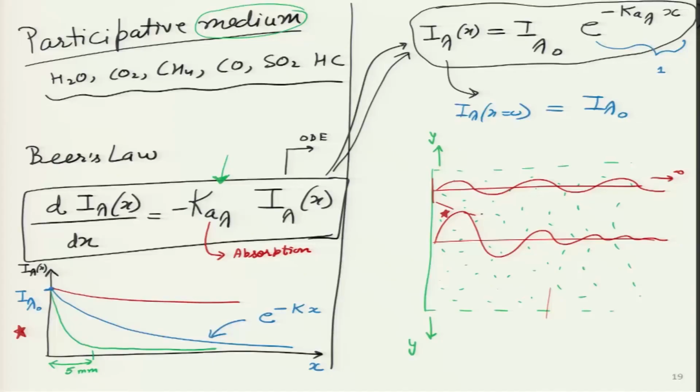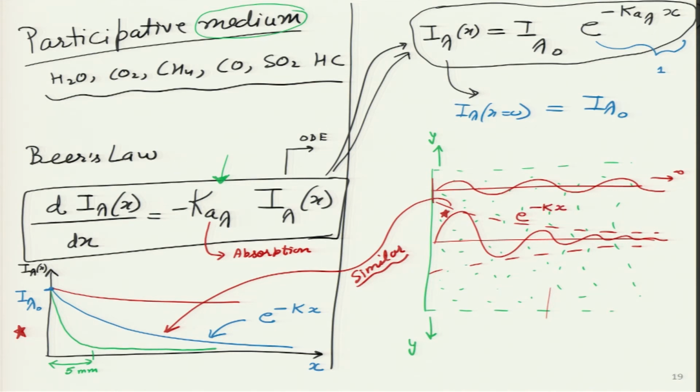So, what I am trying to say is, if you look at this particular red dotted curve over here, it looks very similar to the blue curve over here. So, I can write they are kind of similar. And why are they similar? Because in both there is an exponentially decaying function. That is the beauty of Beer's law, which tells us all the information provided we know one coefficient over here. This coefficient is very important, capital K subscript A, and it is a spectral quantity, that is why it is given with the spectral lambda, and over here it is known as the absorption coefficient.